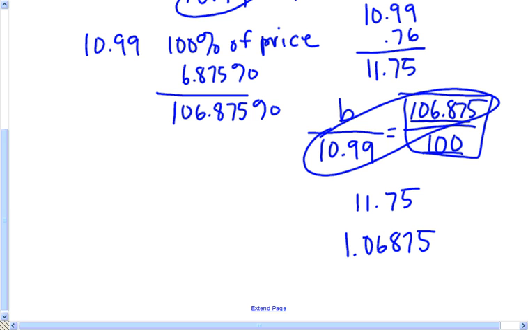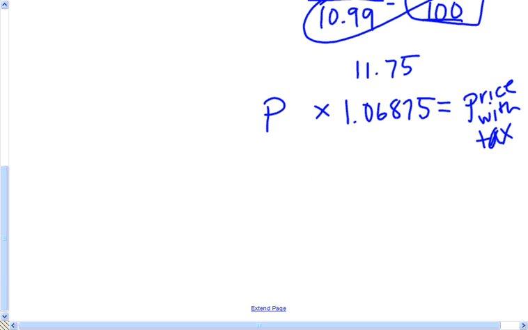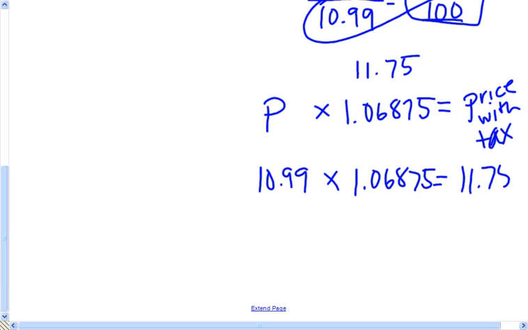If I multiply any price by that amount, I will get the price with tax. So I can really simplify this process by just taking my $10.99 times 1.06875 to get my price with tax, which is equal to, when rounded to the nearest cent,